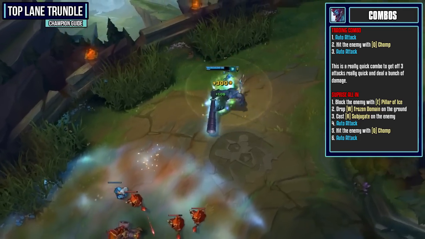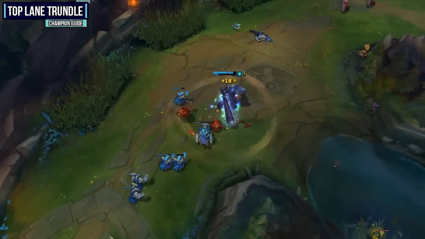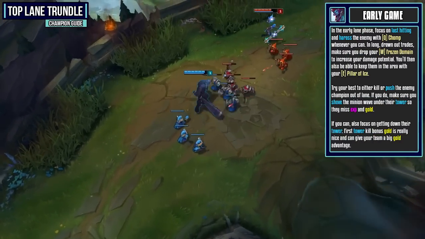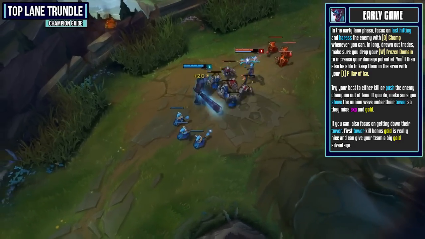You'll then want to cast your Subjugate on the enemy to steal their stats, and then you'll want to follow up by auto-attacking, using your Chomp, and then auto-attacking again. In the early lane phase, focus on last hitting and harass the enemy as much as you can with your Chomp and your auto-attacks. In long drawn-out trades, make sure you drop your Frozen Domain to increase your damage potential